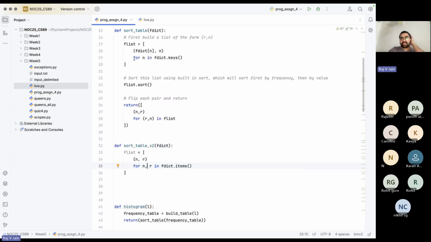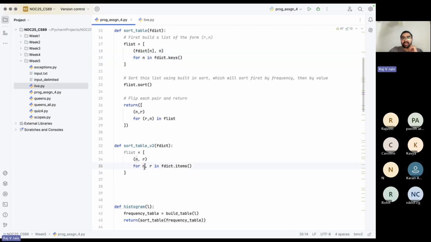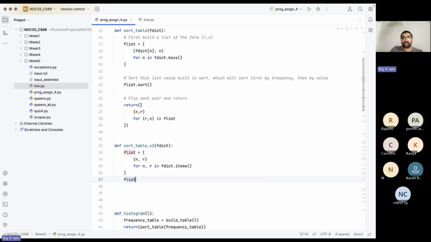So you can either take dot keys and then access the value against the key in this way, or you can write dot items. So dot items by default gives you the key and then the value stored against it, right? So in our case, because we're storing the number and then the frequency, that's exactly what we have in this form, right? So then what you can do is you can do flist.sort, and here the sort function takes an